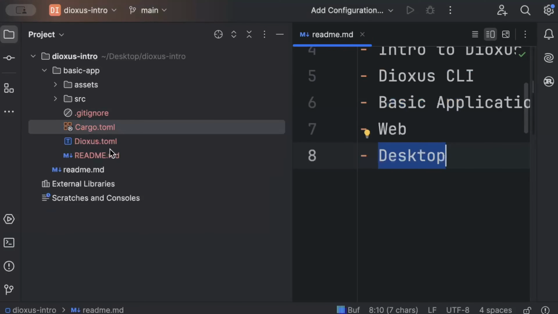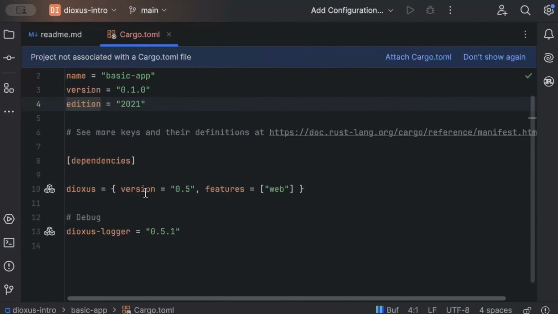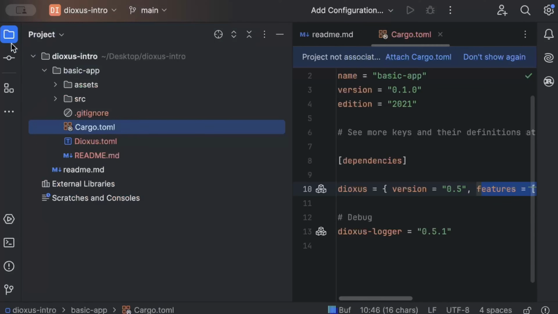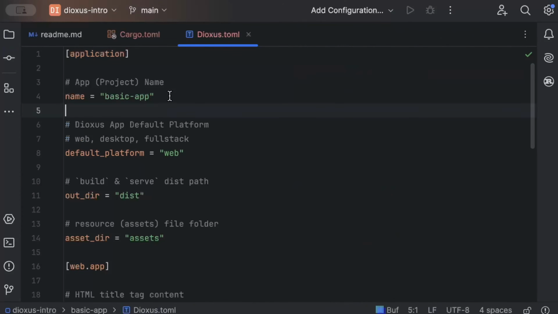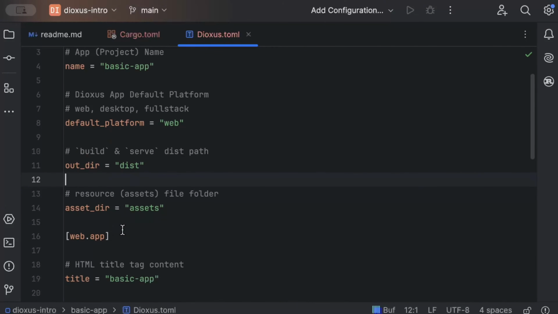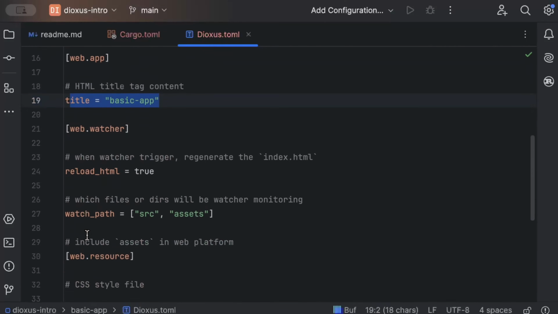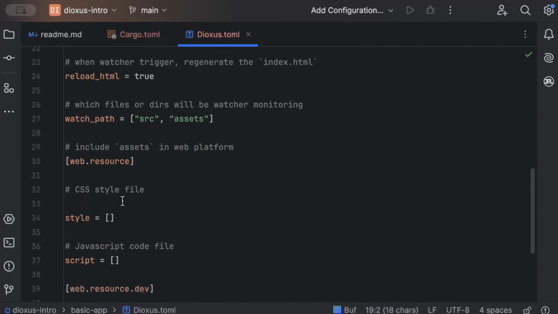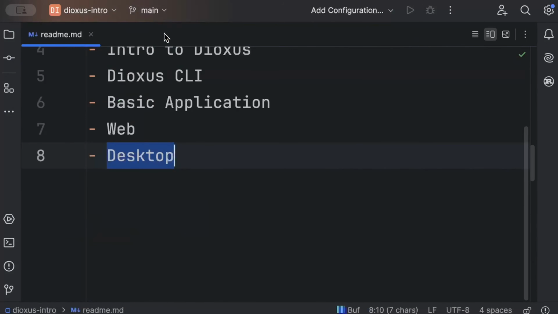So just close the terminal, and as you can see there are different files. There is Cargo.toml with the dependency, and we have the latest version and the features as web for now. And then we have the Dioxus.toml file which has the name, the default platform, the output directory, and different other details for our application. Similarly, the title, reload HTML, and different other features. So for now we can just close that and